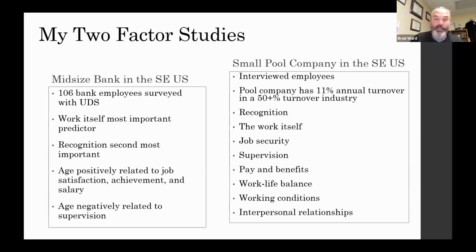Again, I mentioned pay and benefits, work-life balance. If anyone had a family thing that came up, they could always leave. And they all got 2 days a week off, even in the busy season. So when the customer's yelling at them, like in June, I need my pool cleaned, he sticks to his guns. They get Sunday and Monday off. So that was big. And then of course they most like working together. There was one rogue employee that wasn't happy at all, and he left and went into real estate anyway. So there was one that wasn't happy, and not everyone was perfectly happy. But generally speaking, for this industry, most people were like, this is great.